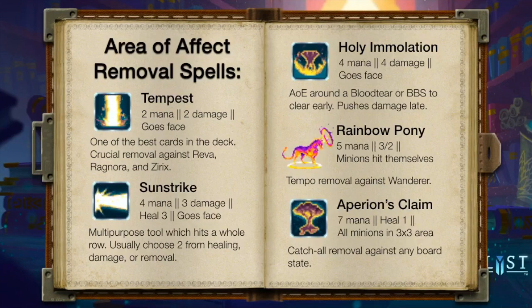If they play a big threat and also like a token Bloodborne spell, you can clear both. There's very few situations where your opponent plays things on the board that you have to answer and Hyperion's Claim can't answer them. So because of this, I'll often just hold it in the late game and only use it when I have to. Okay, so that's some insight into...